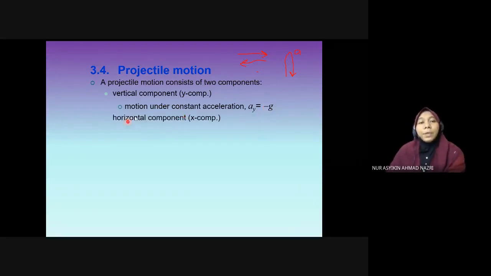And then we have the horizontal component, where the acceleration equals 0. Why? Because